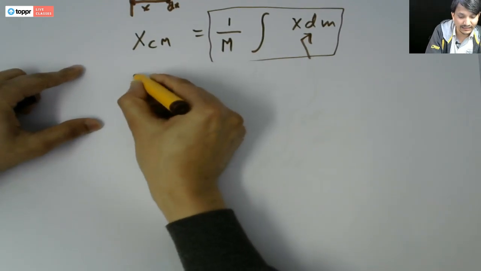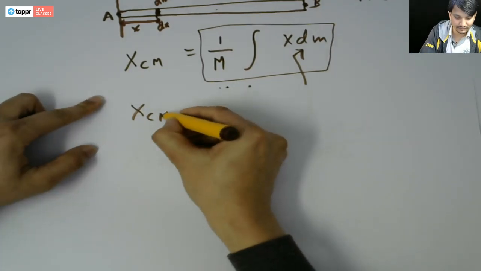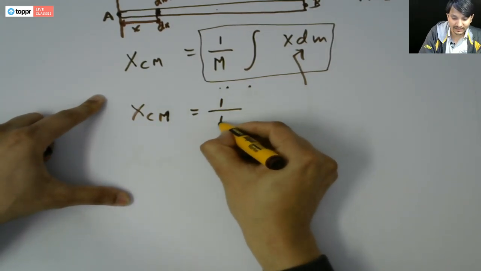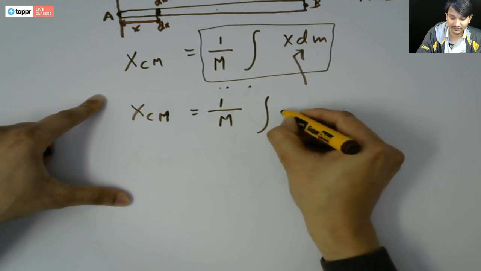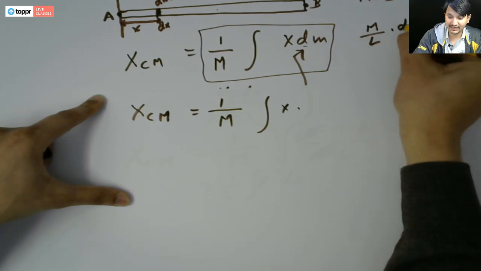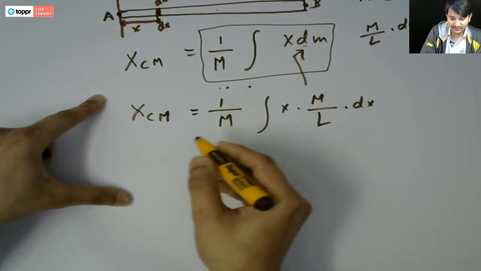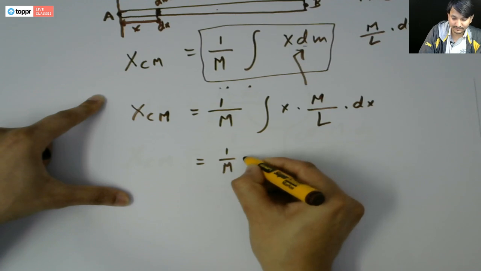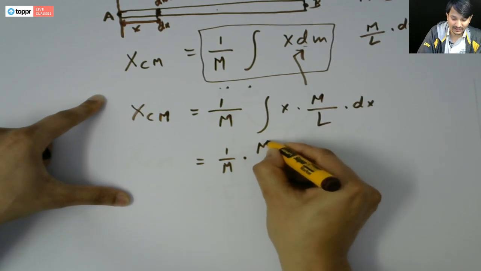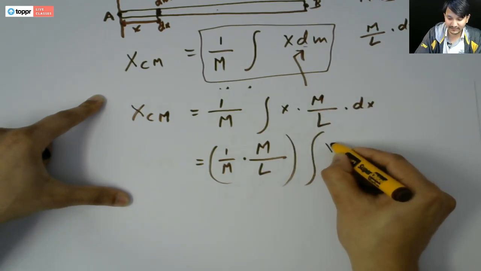So xcm is equal to 1 by m integral of x times dm, where dm equals m by L into dx, which comes out to be 1 by m into, taking out m and L because they are constants, m divided by L into integral of x dx